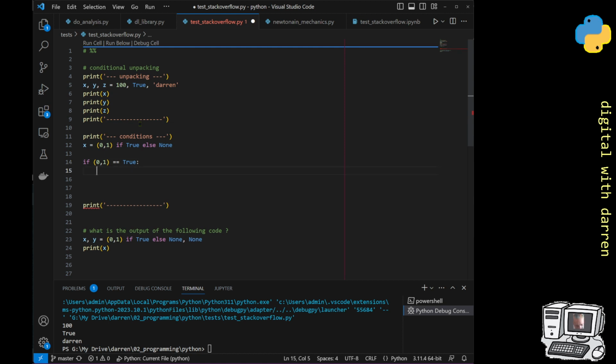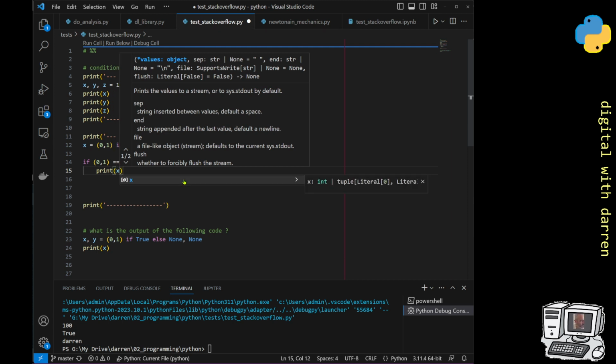So I'm actually kind of live debugging what this question is, although I actually do know what the answer is, but I'm live debugging how I should think about it. And actually I did cheat, because I just put all of this in and then did print text and ran it, which is, you know, we'll call it the cheat way. But anyway, if 0, 1 equals true, then we want to print,